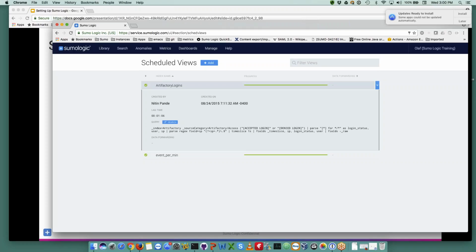I can go to this view. It contains nothing other than logins, right? And it's just very small, and I can pull the data. And if you want to search in this,